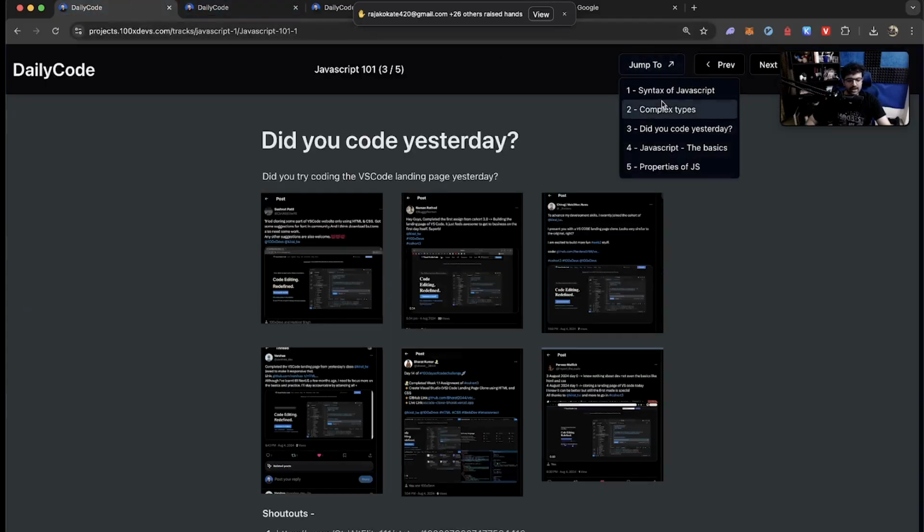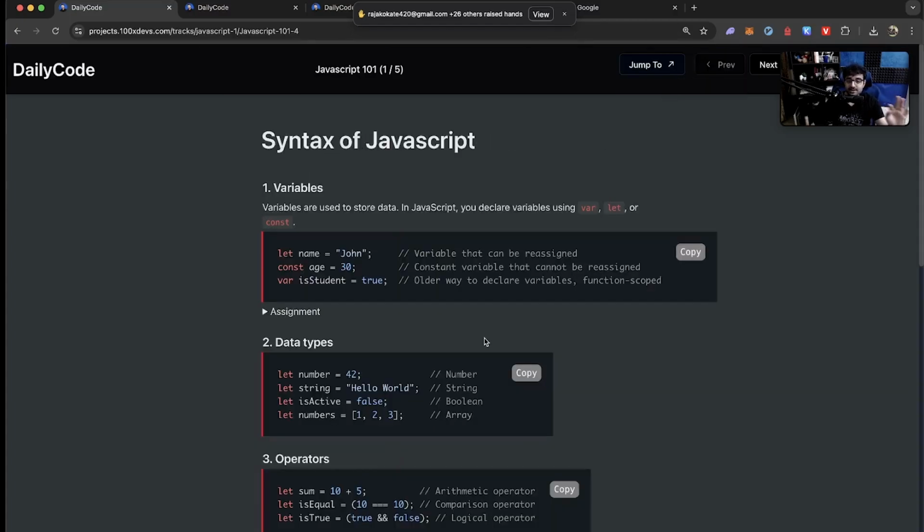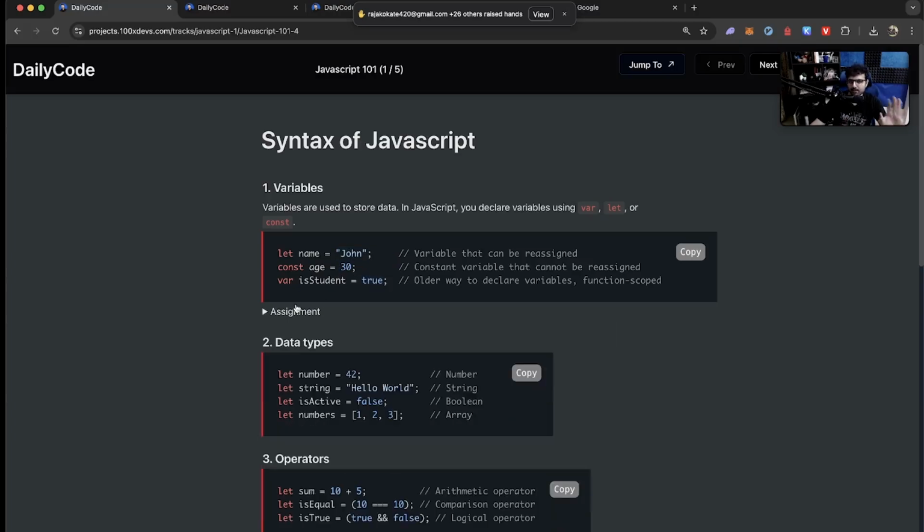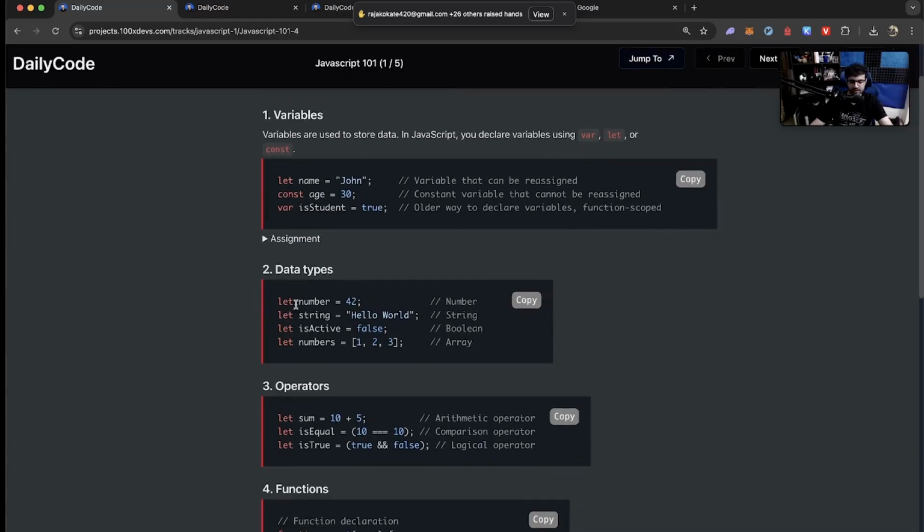So that is how you define a variable. That is the simplest thing you have to do in a language. This is 0.1%, 0.01% of a language. If you can do this, there is a small assignment. Try it after the class and create a few variables for your favorite color, height in centimeters, whether or not you like pizza. So you get comfortable with these three types: a string, a number, and a boolean. Simplest primitive types in JavaScript.